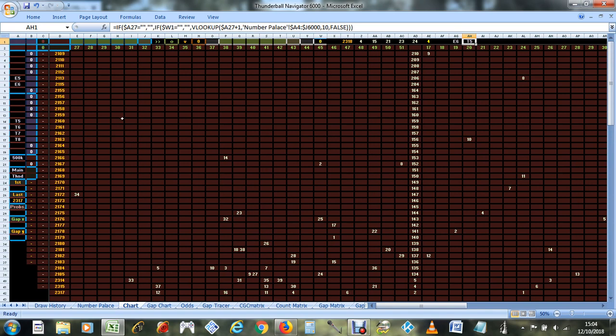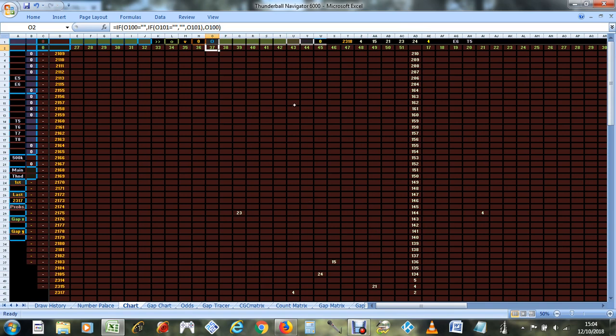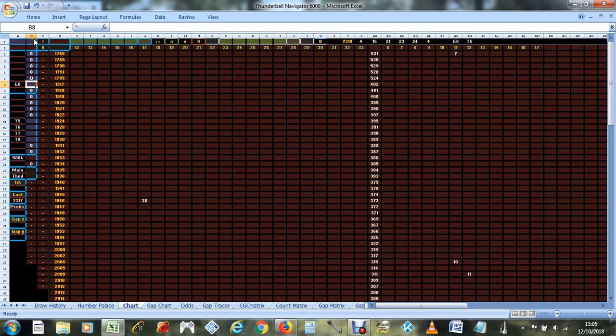And when we look at this chart, excuse me, those are the winning numbers. And I'll just show you whereabouts they are on the chart. So you can see that they were generally at the more frequent end, except for the Thunderball. Now, if we narrow it down to just the machine that was used and the set of balls that was used,